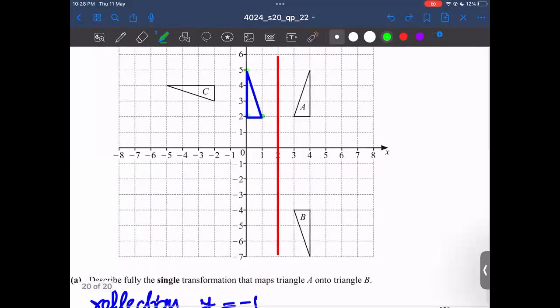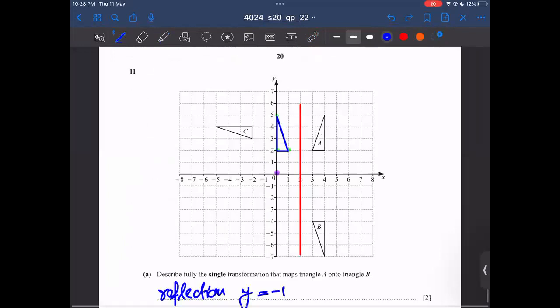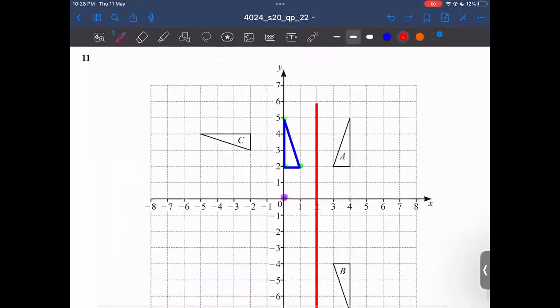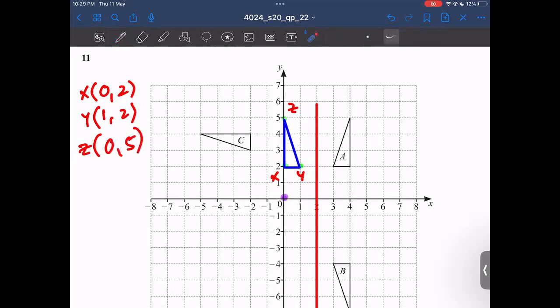So we have this center of rotation here. From the center of rotation, we take the points x, y, z. The distance of x is 0, 2. The distance of y is 1, 2. The distance of z is 0, 5 from the center of rotation. This is 0, 2. This is 1, 2. This is 0, 5. Now, since it is a 180-degree rotation,